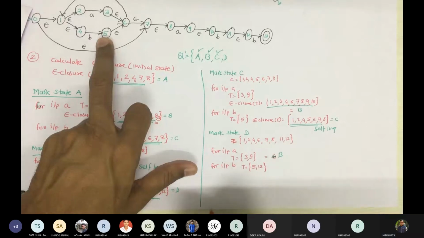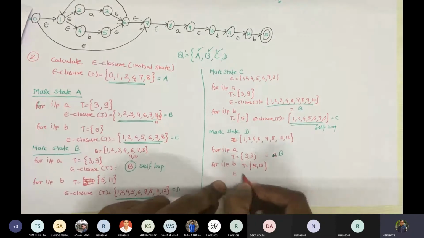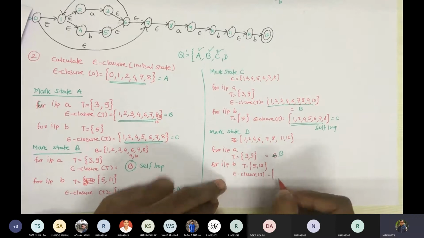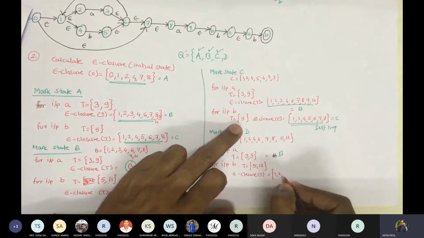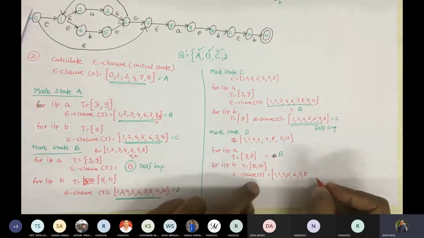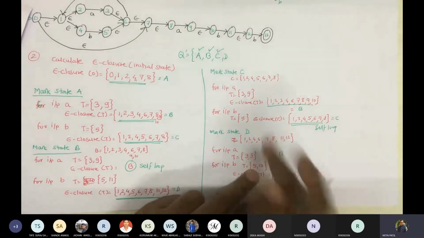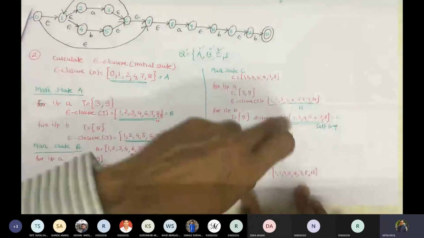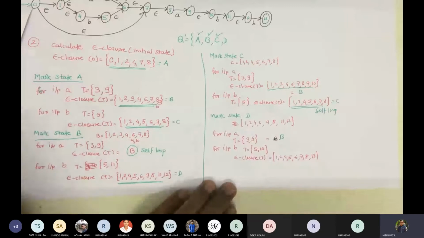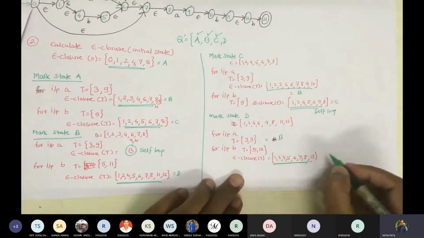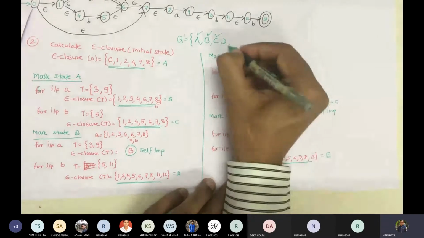Correct. Now the epsilon closure of T. This is a new set, so first let us write epsilon closure of 5: 1, 2, 4, 5, 6, 7, 8. Now we have only 13 remaining, and there is nothing after 13, so we write 13. If I compare this set with the earlier ones, it is totally different. So I will give a new name to this set, E, and add it here.